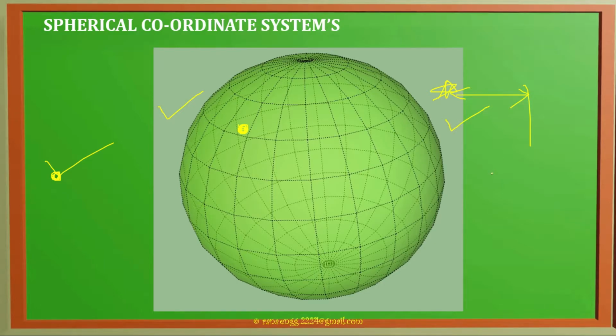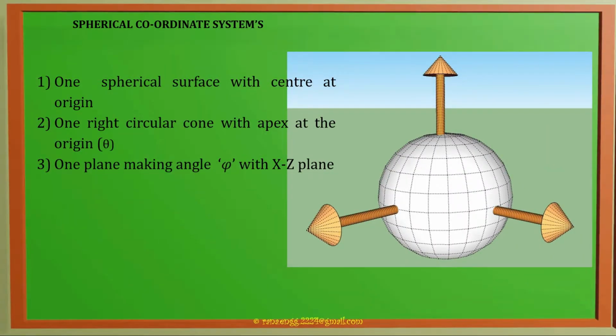So like any other coordinate system, in spherical coordinate system, we have to consider three coordinates. So first coordinate we consider as radius r. So first thing which we require to identify anyone's position on the earth will be the radius if we want to calculate with reference to the center of earth. So first parameter we require as radius.